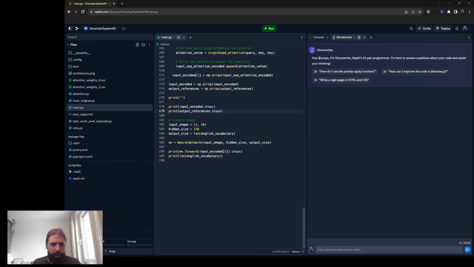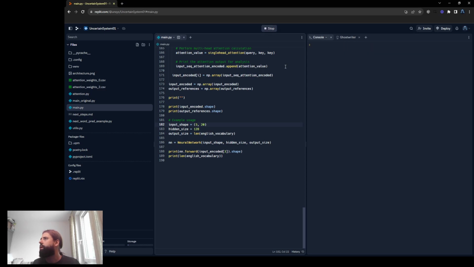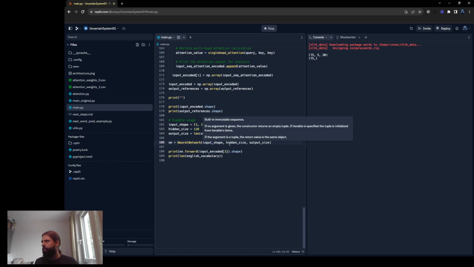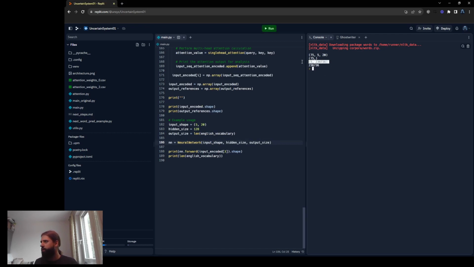Okay, so we left it. Where do we leave it? So if I run this, I think we left it to just basically the neural network with an input shape of 520 because it was, yeah, okay, so that was working, but then this is what's not, like, this is